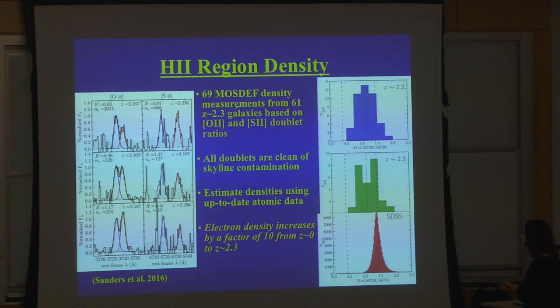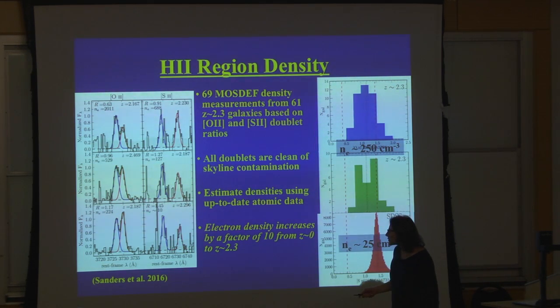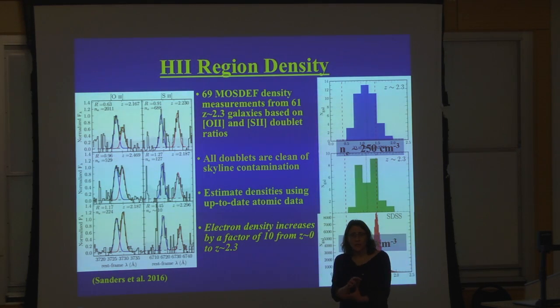And we did this for about 70 galaxies. And we can estimate the electron densities here, and we can compare them with the electron densities measured at Z of 0, okay? And what you can see is that in the redshift 0 sample, this is from Sloan, based on the doublet ratios of sulfur-2, the typical physical densities are around 25 particles per cubic centimeter, whereas at redshift 2, we find a density that's an order of magnitude higher. Okay? So that's really interesting. The gas out of which these stars are forming is 10 times denser in these earlier galaxies than the galaxies